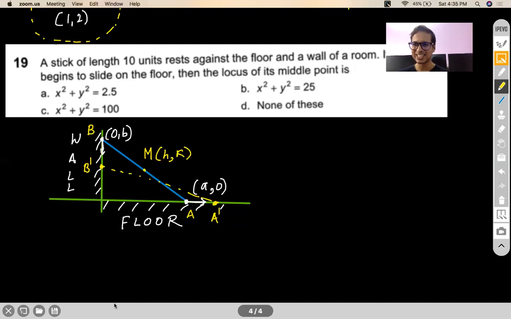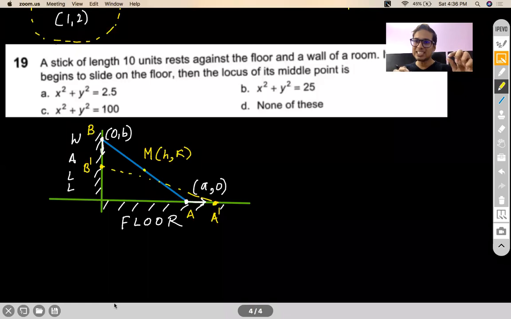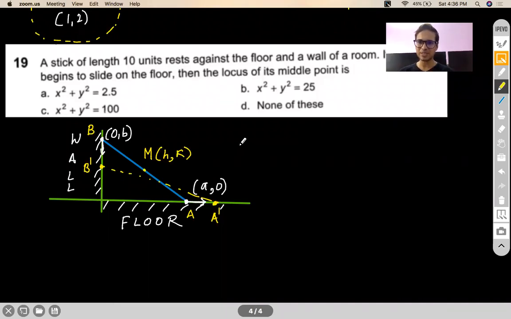Okay, this is very interesting. So other than constants and variables, there is a third quantity which we call a parameter. Okay, so a parameter is that particular quantity in maths which is not a variable, but still it is changing. Okay, so here the variables are x and y. So parameters are something which are changing, but yet they are not called variables. So for a different parameter, you will have different positions of the ladder or of the stick. Try to understand it in this way. Are you getting my point here?